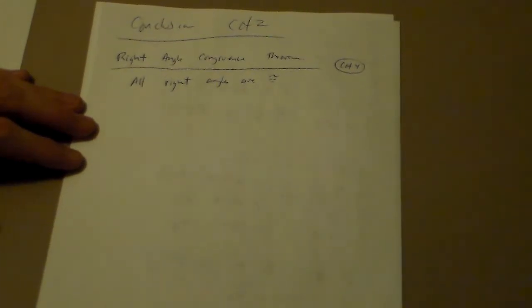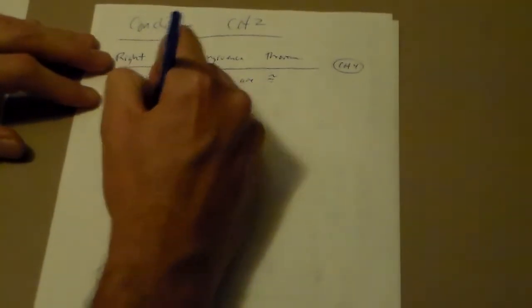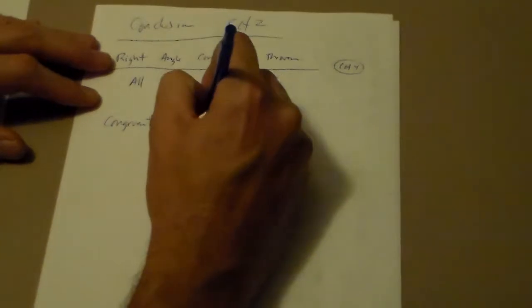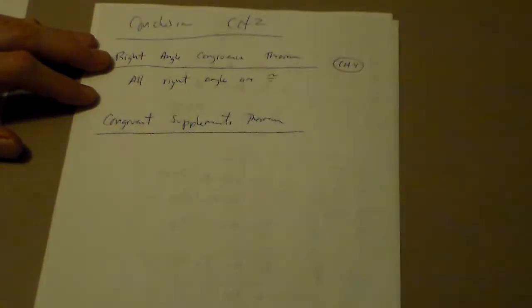Then we have 2 theorems that I don't think are that useful, but I do want to go over them with you. I wouldn't say you have to memorize them. This one you should memorize, but these I don't think you should. Congruent supplements theorem. What the congruent supplements theorem says is if 2 angles are supplementary to the same angle, then